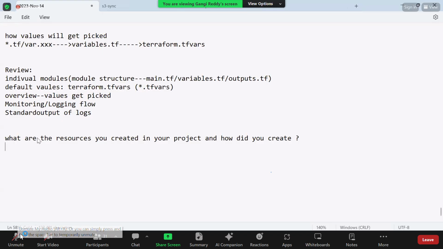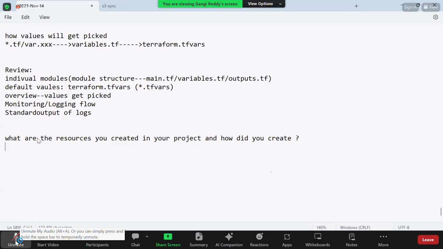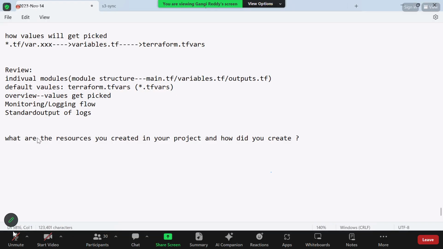it's up to you. What did you practice? Whether modules or resources, whatever you created, anything. If you want to clear an interview, the three-tier architecture you built is best. If you are able to make it, I'm confident you will clear any interview. But don't present it as a WordPress something; you have to make up some other story. But RDS, load balancer, private subnet, that flow, if you create it,